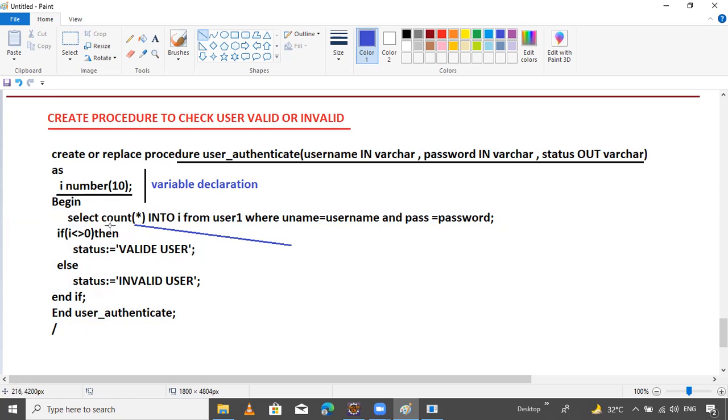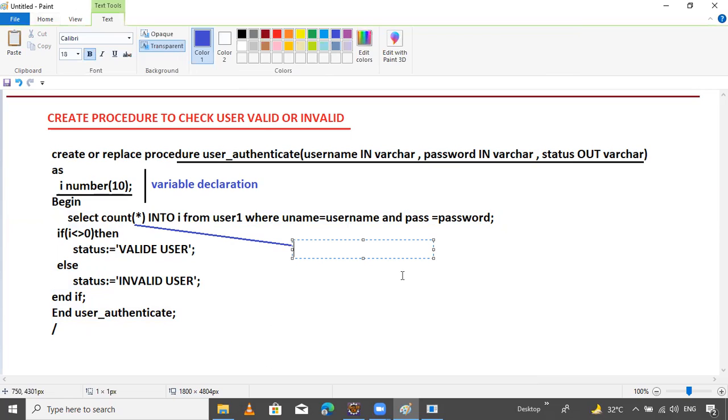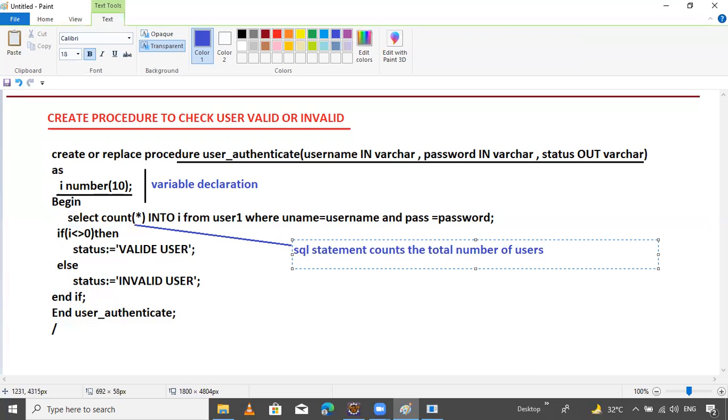And then here I will check I. First I will write it here. This is the SQL statement. The SQL statement counts the total number of users present in the user one table.